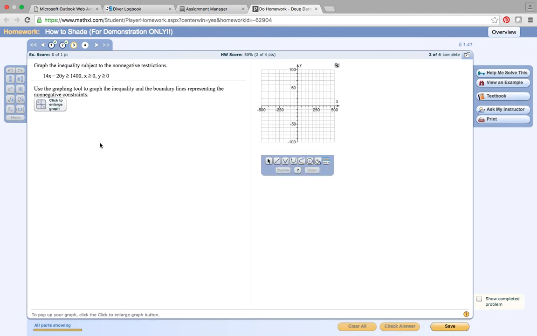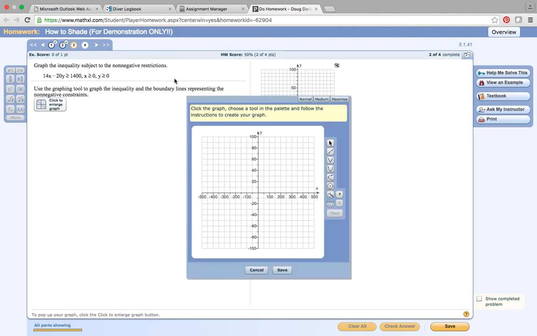All right, now this one's a little tougher. So let's click this and make it larger. So again, let's do the inequality. So I'm going to put a 0 in for y. So when I have 14x equal 1400, divide both sides by 14, I get x is equal to 100. So I know that I need that point. And I can look up here at the top and see that I selected when I was there